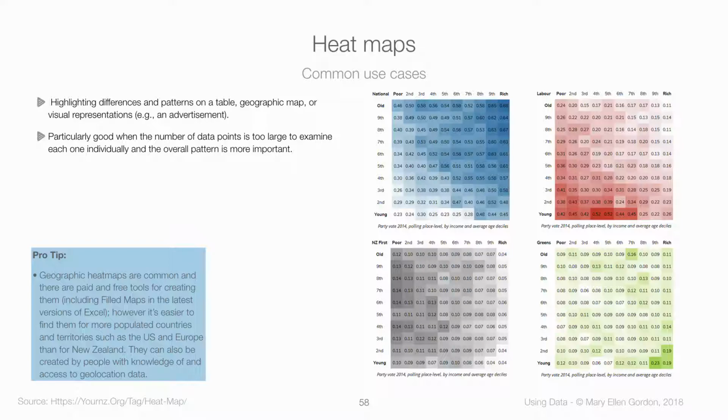In the case of the geographical boundaries, there are tools for doing that, including a new feature in Excel called Filled Maps. But unfortunately, they tend to work better in more populated places like the US and Europe than they do in New Zealand. It's hard to find maps that correspond to, say, the regional council boundaries or the local body boundaries or something like that. You can create them yourself, but you need to have knowledge of and access to geolocation data in order to